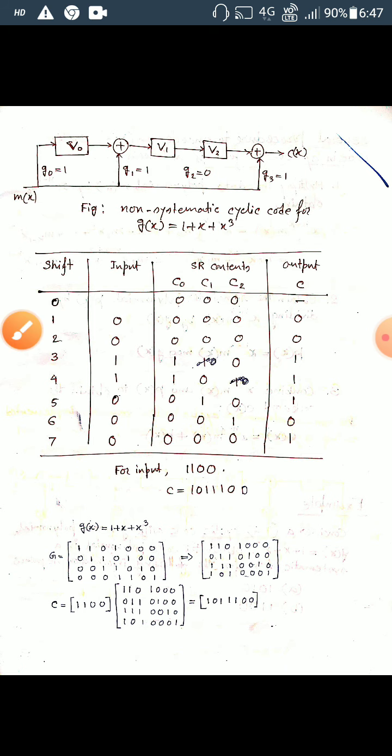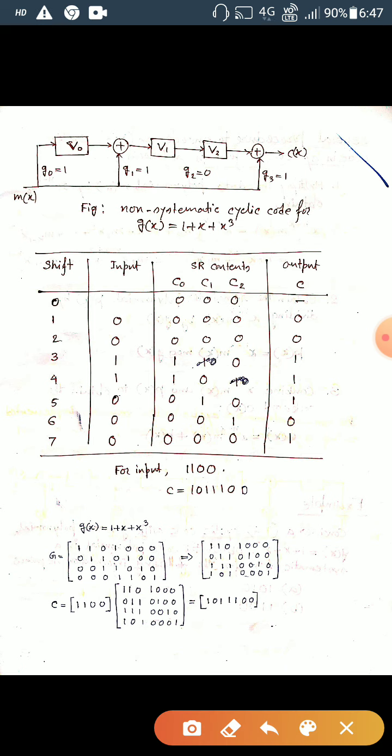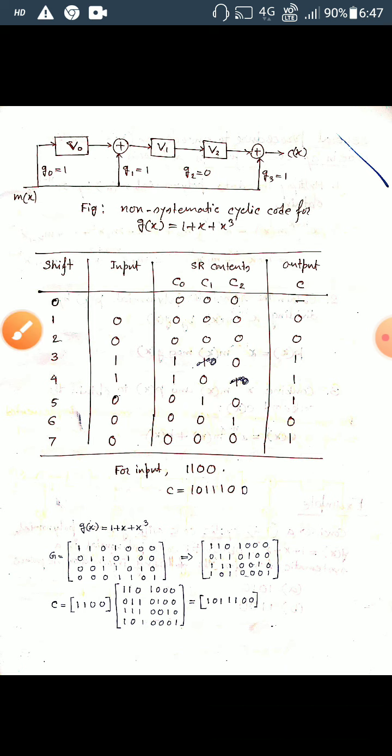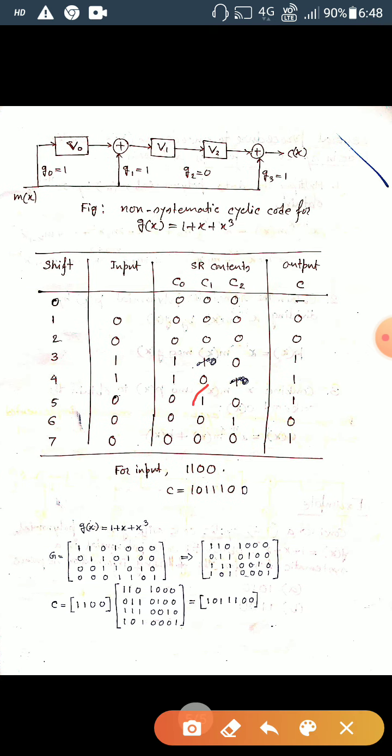Okay, so how did you get this one as a value of 0? Because of the previous one and the input 0, and 0 is 0. Why does it come as a 1 in this case? Because the previous one is 1, and for the c0, this is 0, 0 and 1 is 1. So by this way you can get the ultimate value in digital one, and the c1 also you get in the